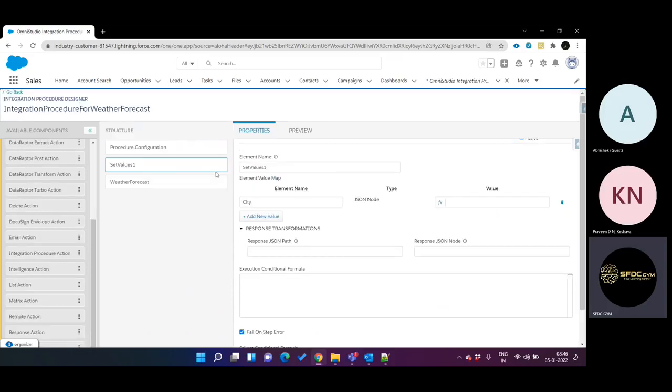and there we define the information. And again, this totally depends on where you're calling this integration procedure from. Let's say the integration procedure is called from an OmniScript and the information of city is stored in this path. Let's say,